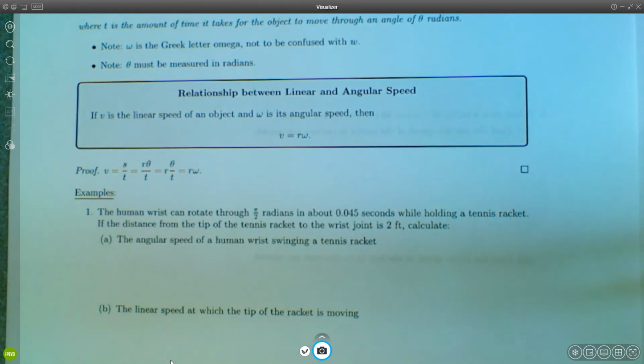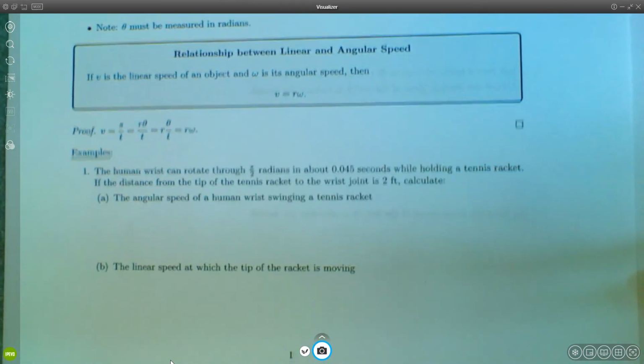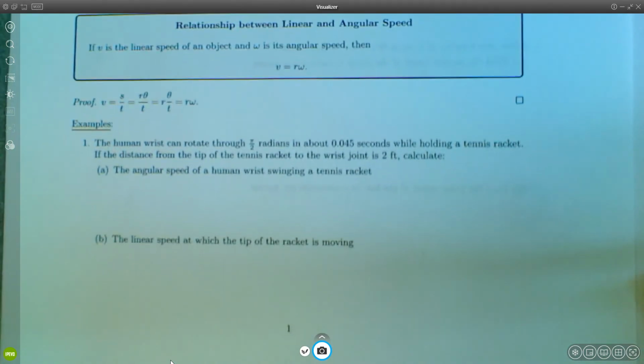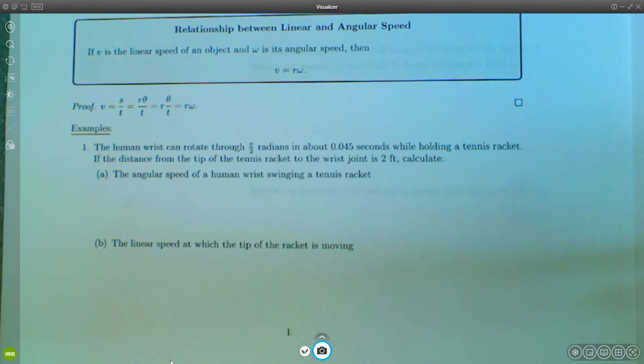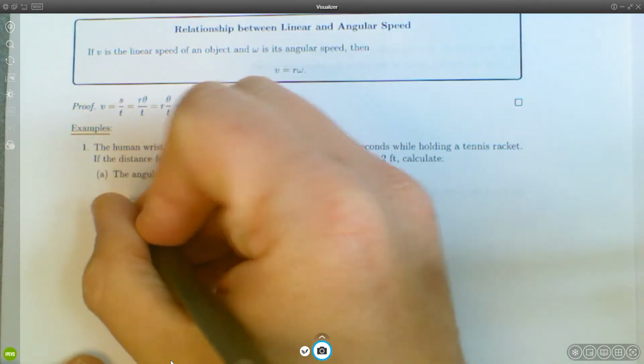So example 1 here says, the human wrist can rotate through pi over 2 radians, so it's 90 degrees, in about 0.45 seconds while holding a tennis racket. If the distance from the tip of the tennis racket to the wrist joint is 2 feet, calculate the angular speed of the human wrist swinging a tennis racket and then the linear speed at which the tip of the racket is moving. So for part A, the angular speed, omega,